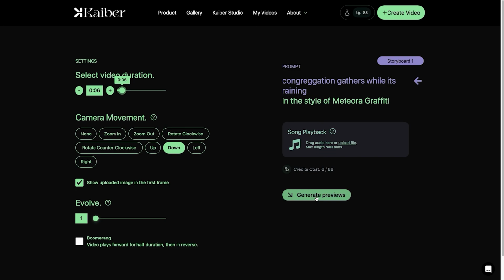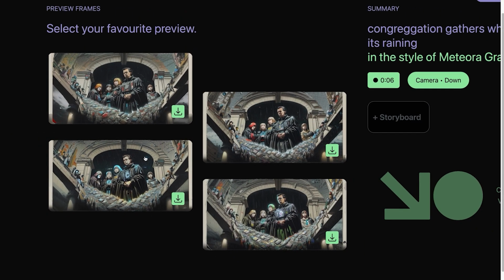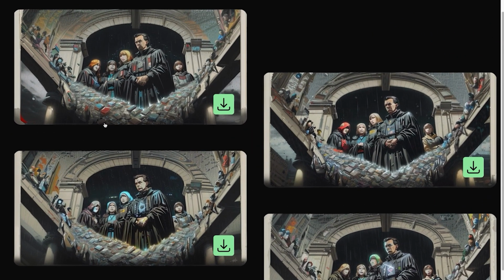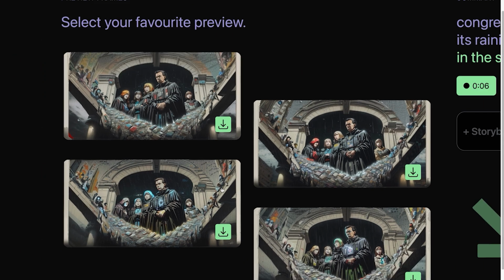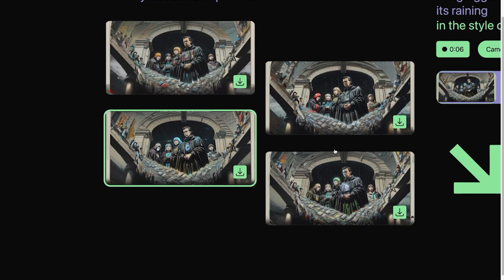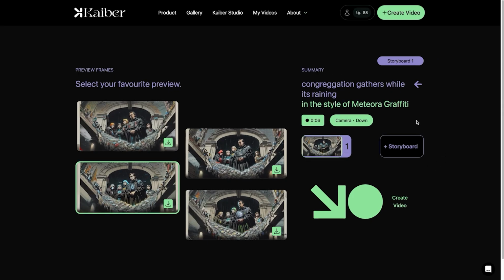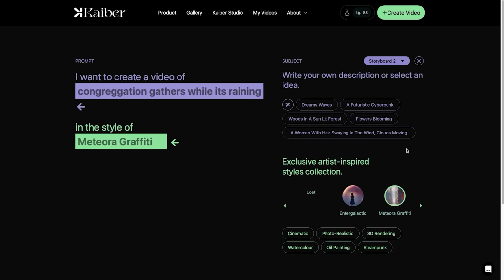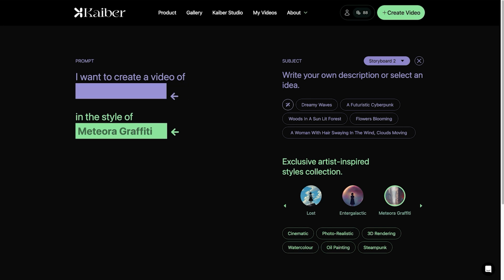Click on generate previews. As you can see, the 4 previews look almost like our initial image, but a little bit changed. I like all of them, but let's go ahead with this one. And maybe let's try the option to generate a new storyboard. Let's change the scene to be same style, but let's make it